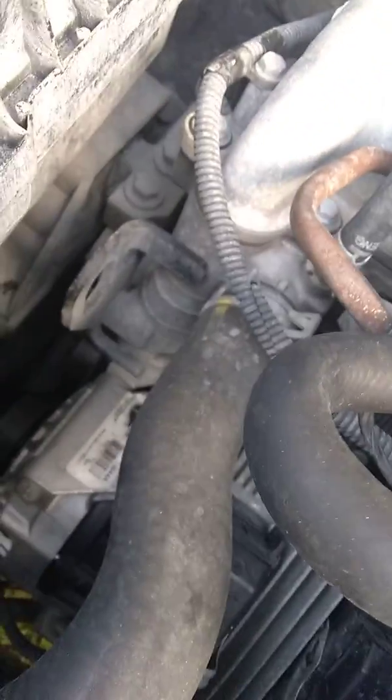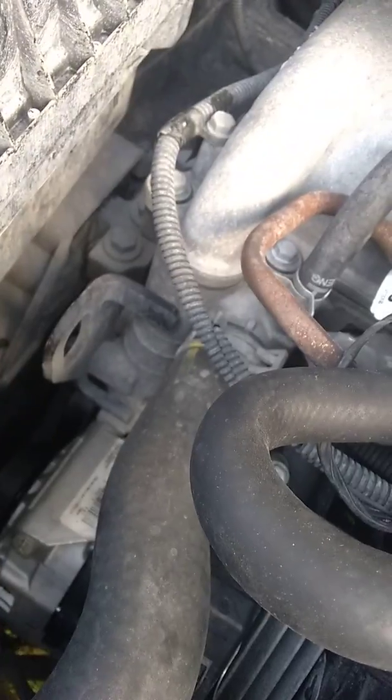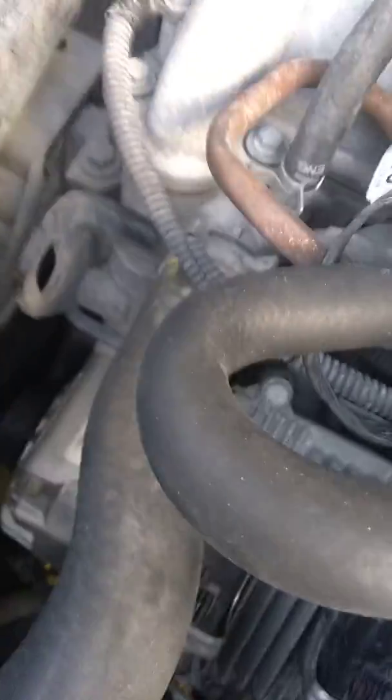This is because I didn't feel like going through that pain in the ass job, and plus I didn't have my ramps with me by the time my vehicle died, so there's no way I was going to be able to put it on those. And my jack is too small. My semi jack's at my pop's house, so I don't have that with me. So when I put the new one on,